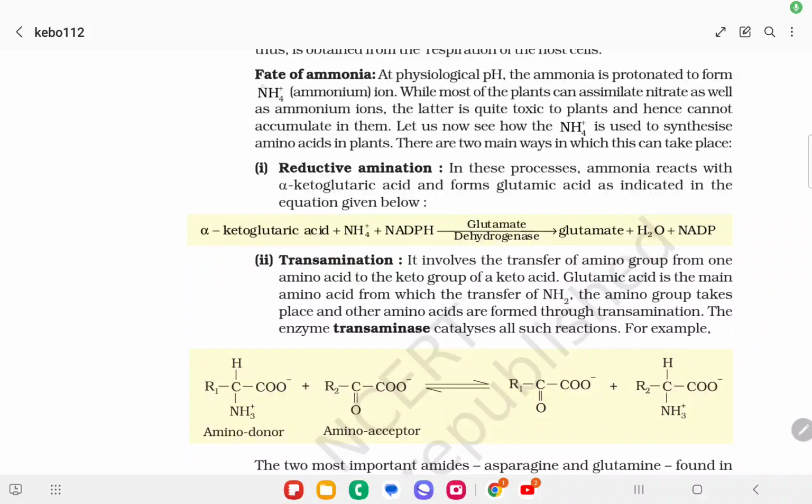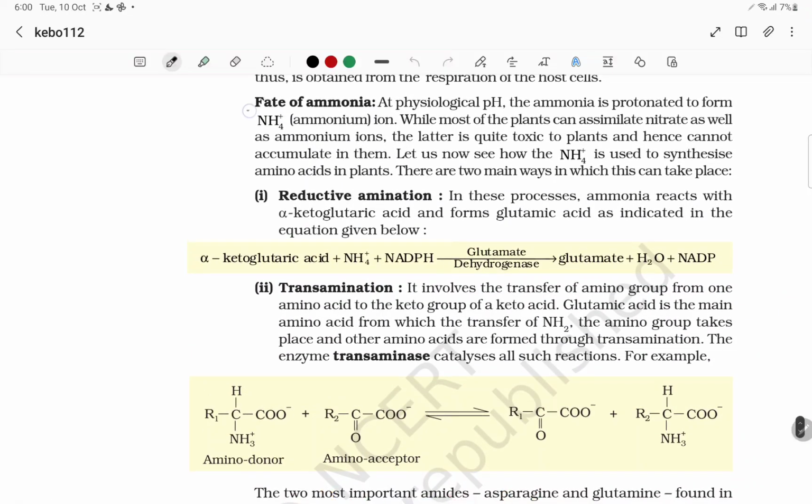Now let's see the topic fate of ammonia. So, what happens to ammonia? At physiological pH, let's see what is physiological. Usually it will be slightly alkaline, 7.35 to 7.45. So ammonia is protonated to form ammonium ions, means the ammonia NH3